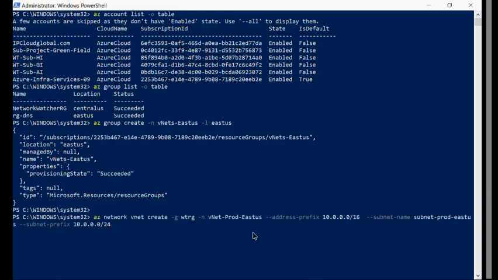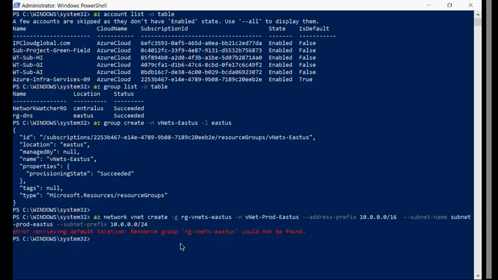So here I'll just modify the RG name. I'll make it RG VNets, RG VNets-East US. So this is the RG I've created just now, this is the name I've given. I'm using the same name to create my VNet and the subnet.